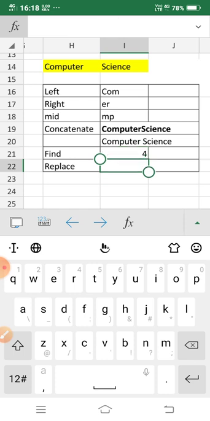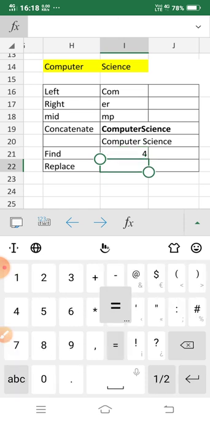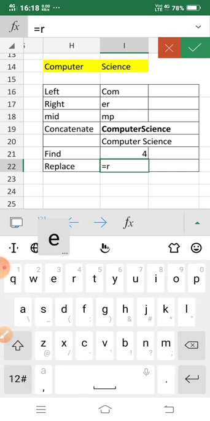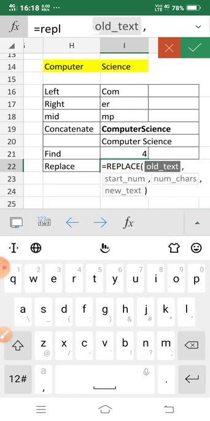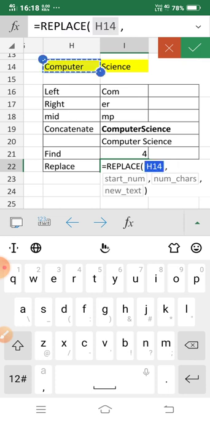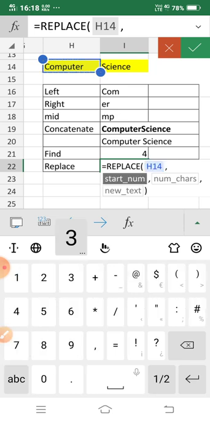Next one is replace. So replace is equal, replace. We can replace some characters, means some alphabets, from your text. So I have to use the text here. So whole text, then start number, then number of characters, then new text. So my old text is this one. Okay, start number, say my start number is 3. Okay, number of characters, how many characters you want to replace.